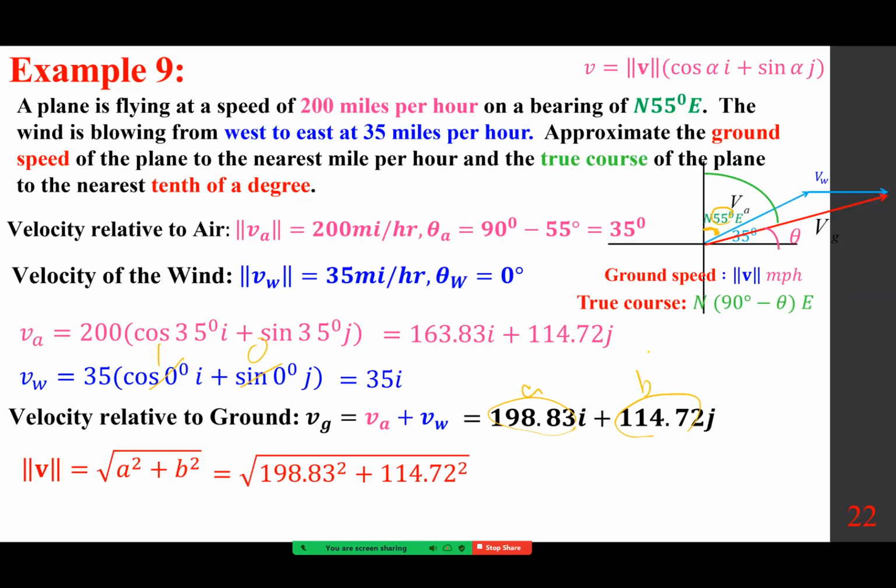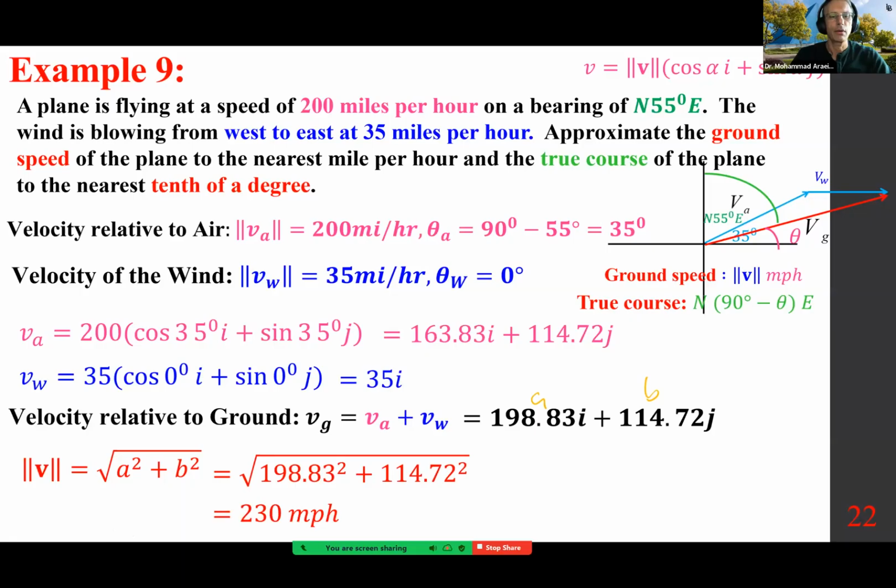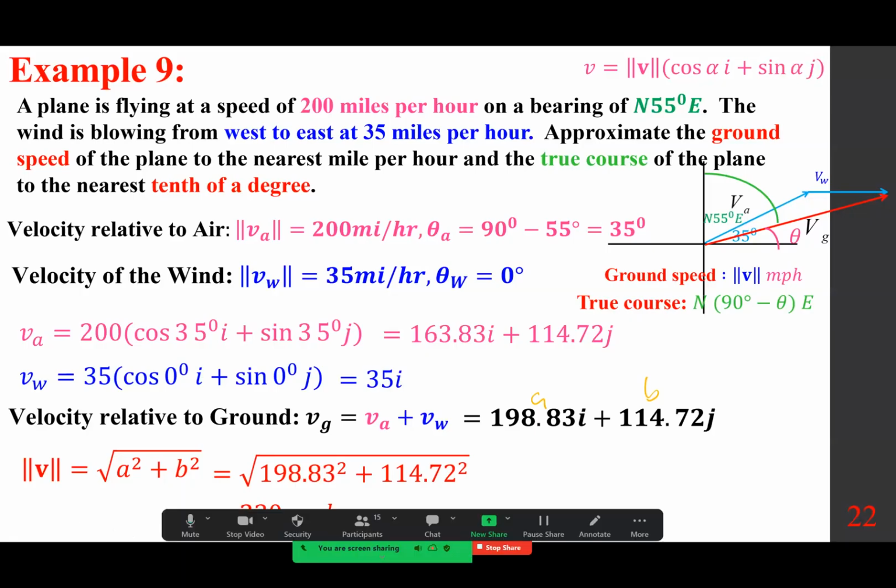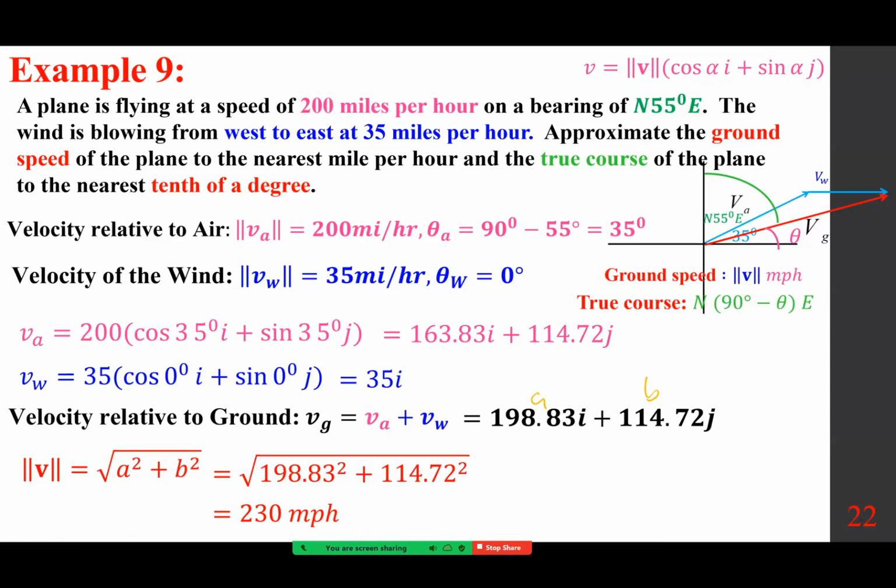Putting it into a calculator and working it out, to a whole number, it is 230 miles per hour. Now, to find the angle theta,